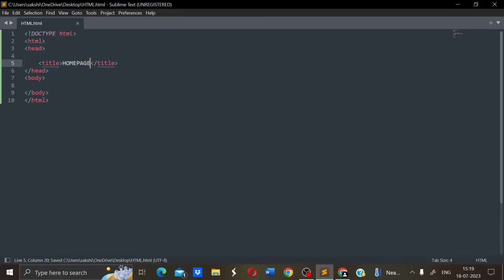So this is the title tag, and the syntax will be this. This is the syntax, a one line syntax, and it defines the title of the page. So whatever you write inside this will show up in the web pages tab. Now next, this one was the first tag. Now the second is the paragraph tag, which we have discussed many number of times, right? So it defines the paragraph, and the syntax is